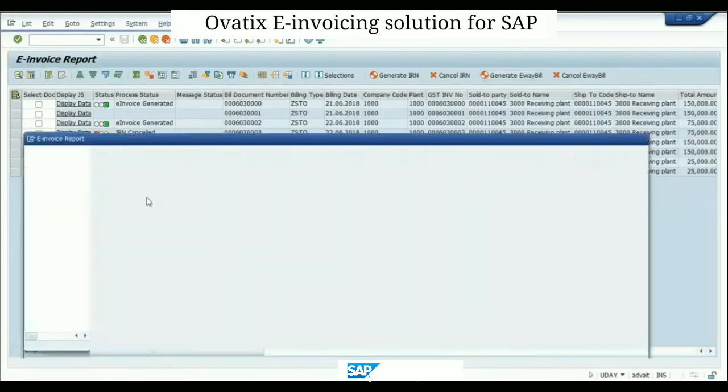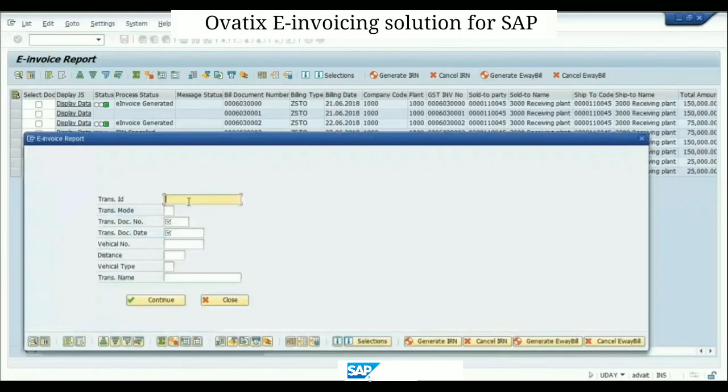Generate e-way bill. Yeah, see, these are the details which have to be entered for the e-way bill. Now, there will be 2 ways. If you have this data in your delivery note or somewhere in your SAP system, you can tell us at the time of configuration. We will fetch this data directly from there. But in case you don't maintain it anywhere, you can enter it here and then submit it for the e-way bill. Right?